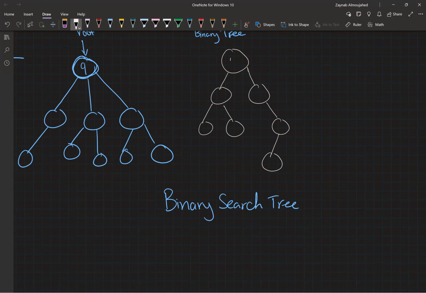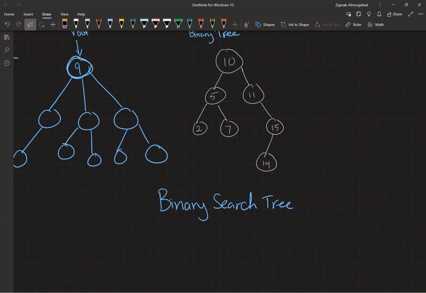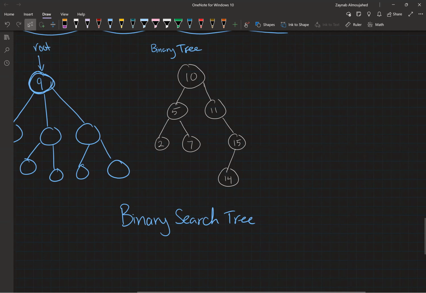So this has a value of 10. This one has a value of 5. This is 2. This is 7. This one, let's say, is 11, 15, and then 14. So a binary search tree pretty much is just a binary tree that is ordered, so you can traverse it pretty quickly. So everything on the left of the base node